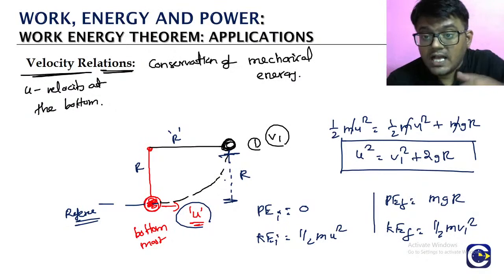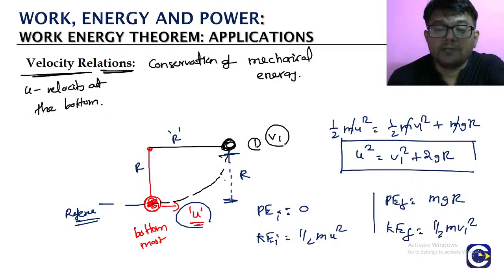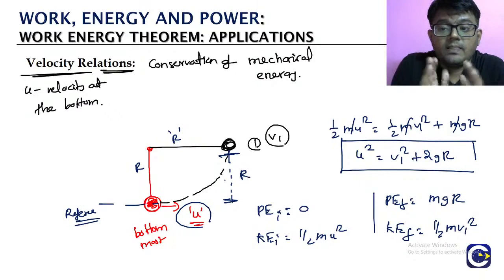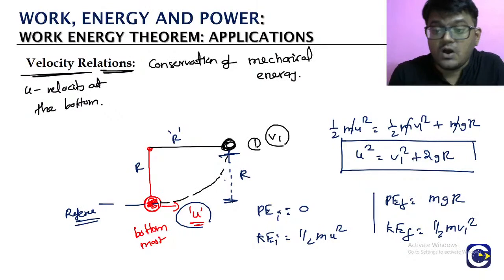So clearly we can see u will be more than v1, because u square is v1 square plus 2gr. Remember what we said? As the object goes up, the velocity decreases. Look at this, v1 value will be less than u. So v1 is the velocity at the point where the object becomes